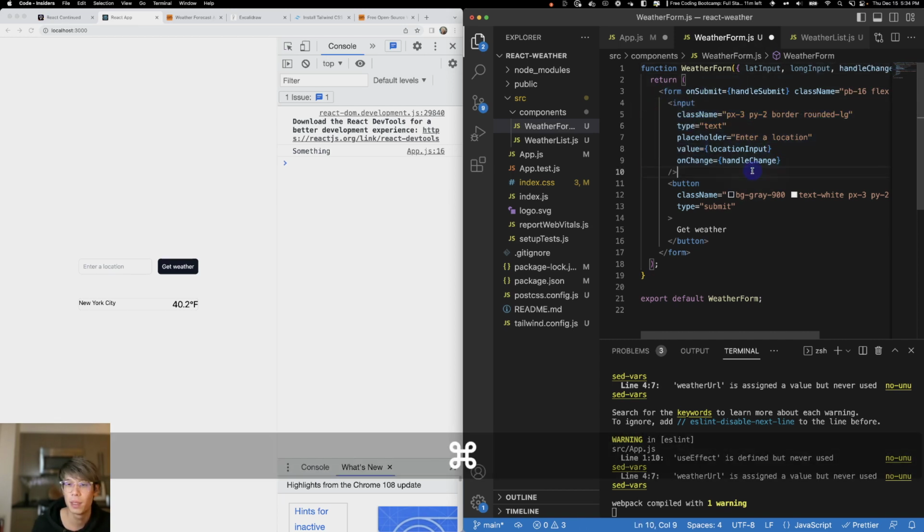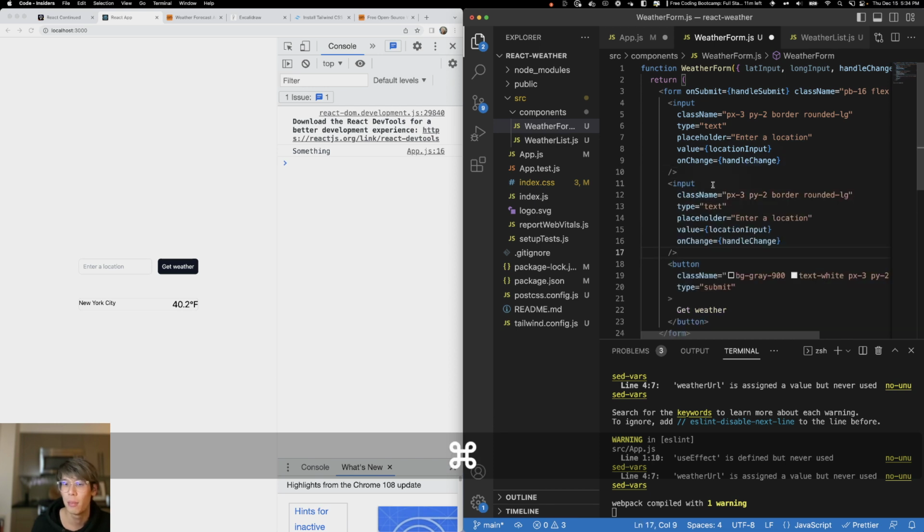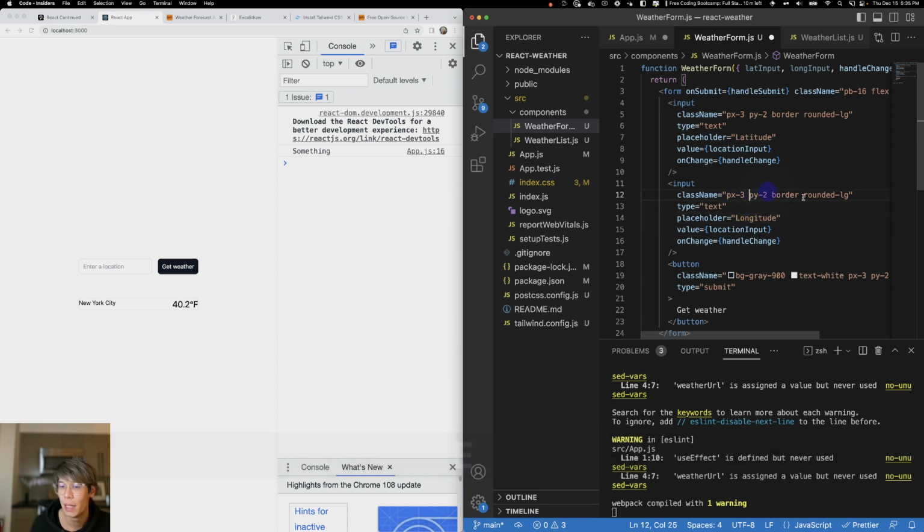So let's add another input field here. Yep, that's fine. Enter a latitude. Or just, this is too much text to show. I'm just going to say latitude and longitude. Longitude. And then we're going to go ahead and replace this value with long input